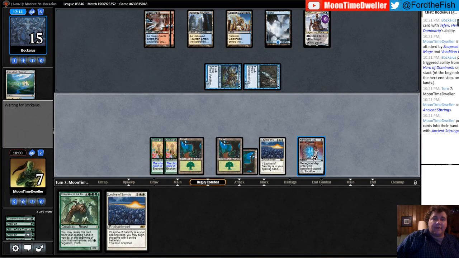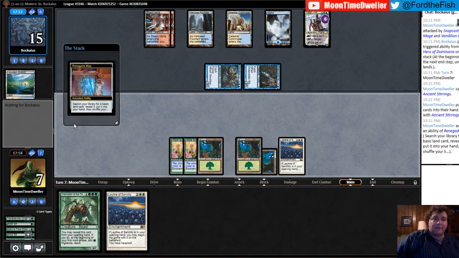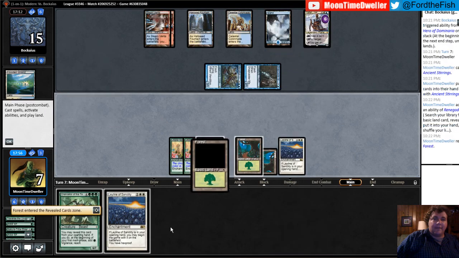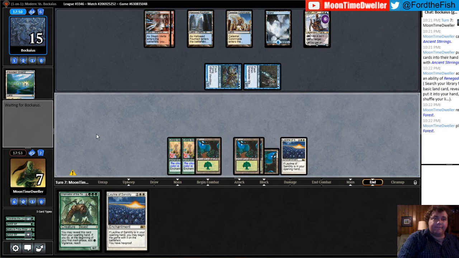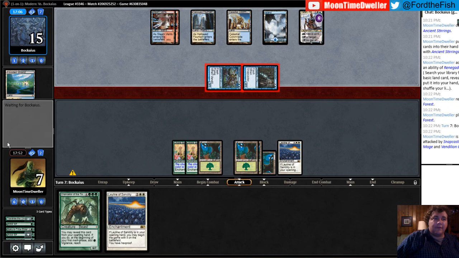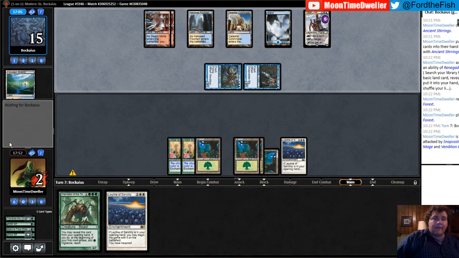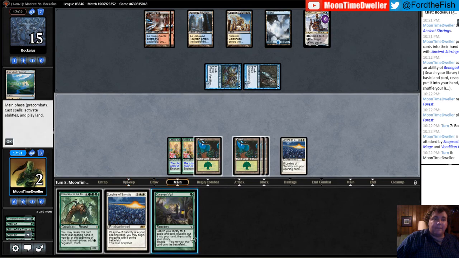Maybe I should have cracked this for a land first, but I don't know how much that would have helped. Because I don't know what's on top of my deck. I'm just kind of taking a guess. And a gander. Probably dead here. I mean, I'm going to 2. And if I had 7 mana, yeah, but they're going to counter whatever I play, so...